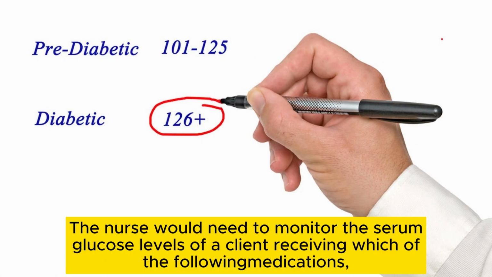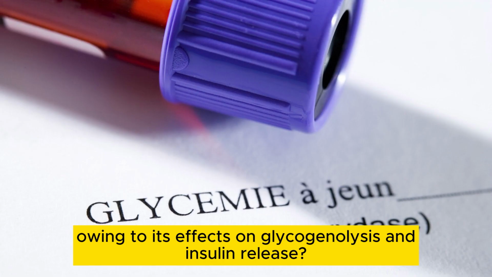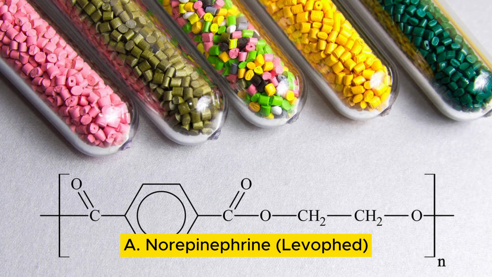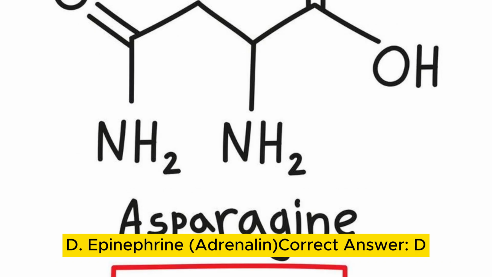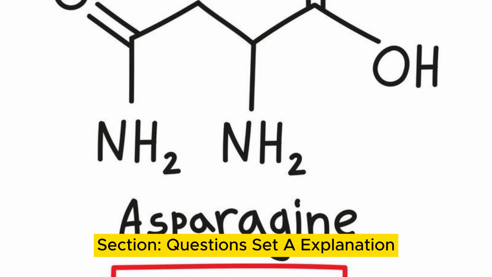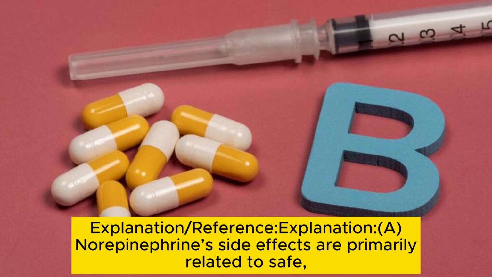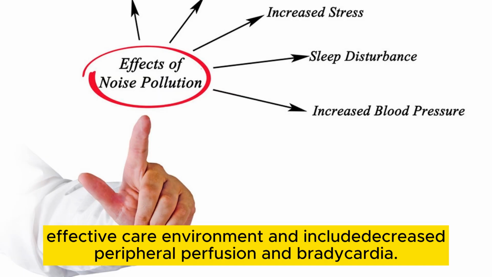Question 2. The nurse would need to monitor the serum glucose levels of a client receiving which of the following medications, owing to its effects on glycogenolysis and insulin release? A. Norepinephrine (Levophed). B. Dobutamine (Dobutrex). C. Propranolol (Inderal). D. Epinephrine (Adrenalin). Correct answer: D. Explanation. Norepinephrine's side effects include decreased peripheral perfusion and